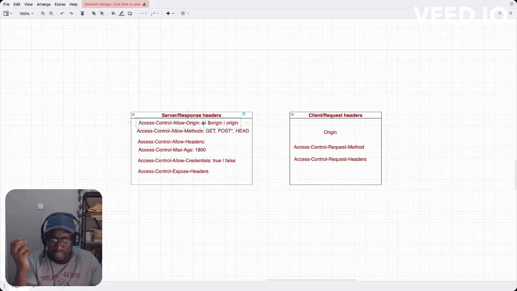And one of them is the server could set the value star or asterisk. What this means is that any origin can send a request to the server. So this is the way in real life you can just look at this as public APIs, an API that is not seeking to control access to its data. There is no damage done. Even if the request is coming from a malicious script, there's nothing it can do with the data. It's not even user data. For example, the weather API,